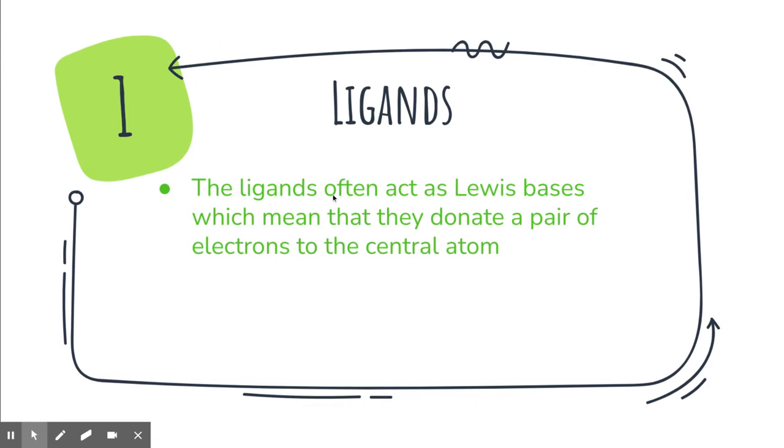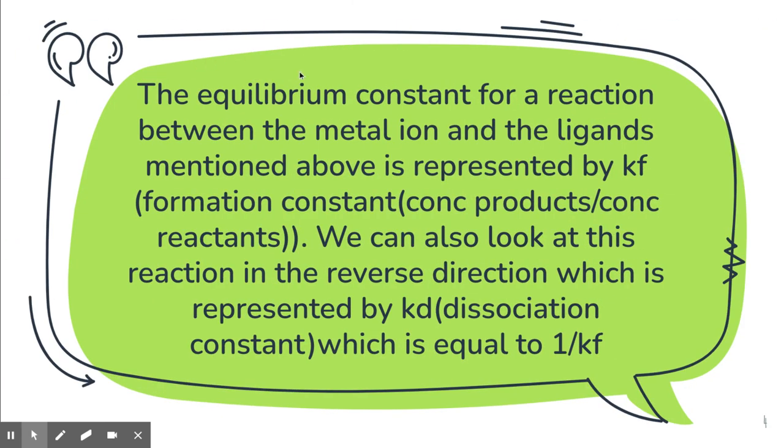We also have to know, as part of what we're learning with Lewis acids and bases, that ligands act as Lewis bases. That means they donate a pair of electrons to the central atom, which also explains why they are held together. The equilibrium constant for the reaction between the metal ion and the ligands is represented by Kf,